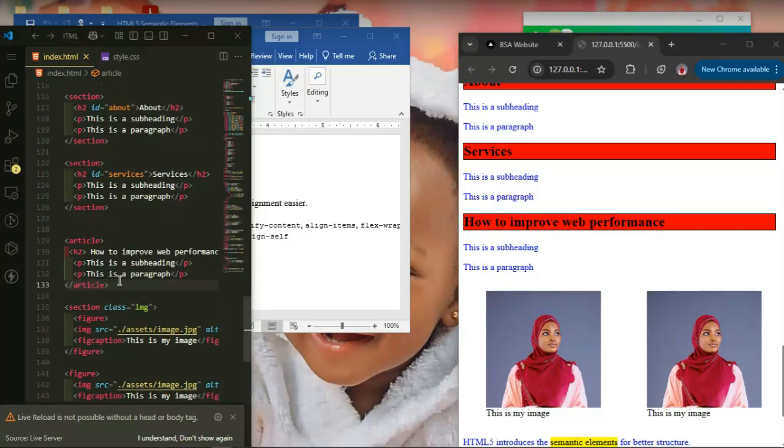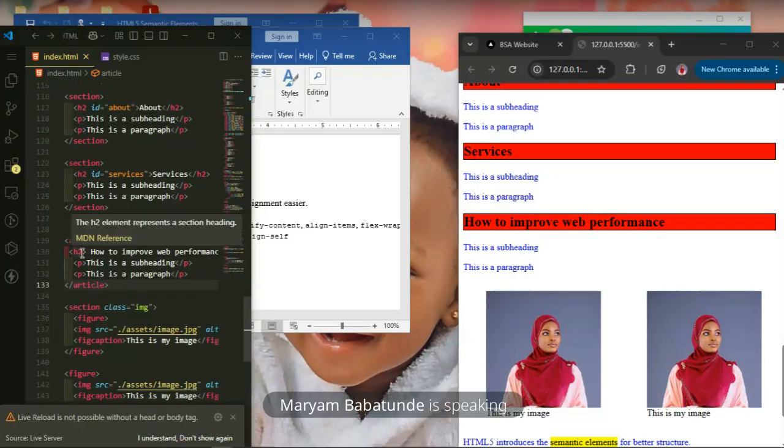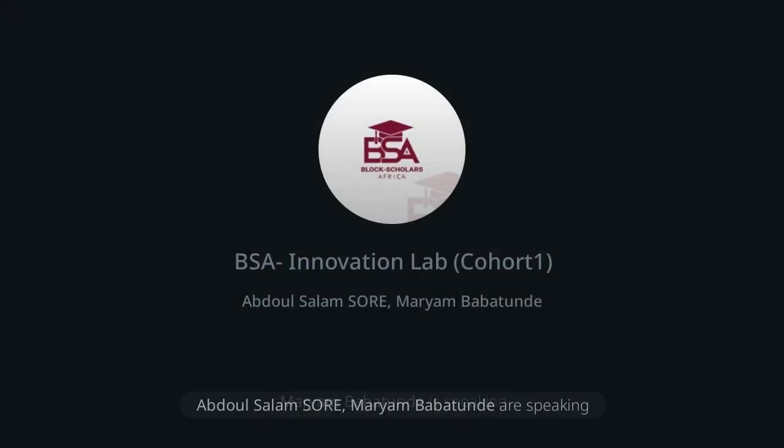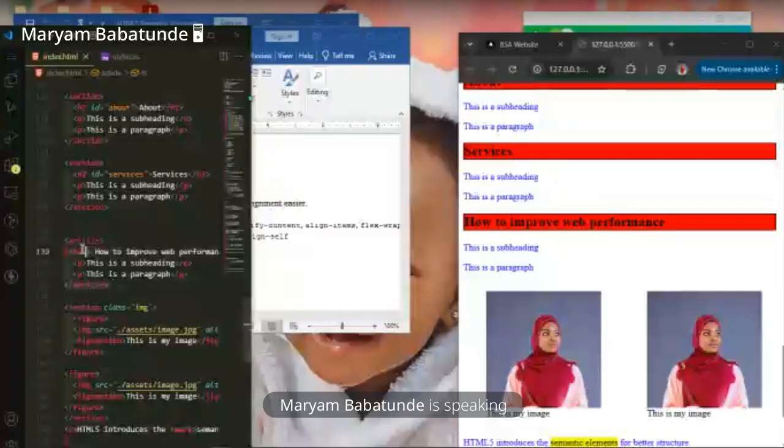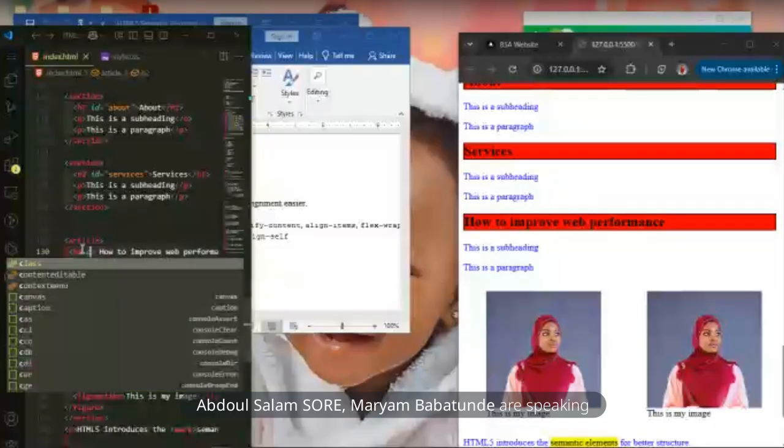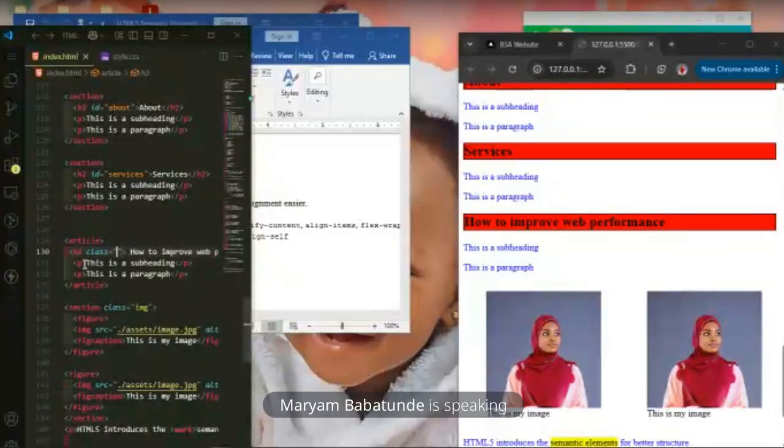Where is it? Okay, so this h2, remember we can't style h2 directly, because if we style this h2 of how to improve web performance, it is going to take effect on all the h2 that we have here, right? So what are we going to do? We are going to give this particular h2 a class name or an id. So let's say we are giving it a class of performance,